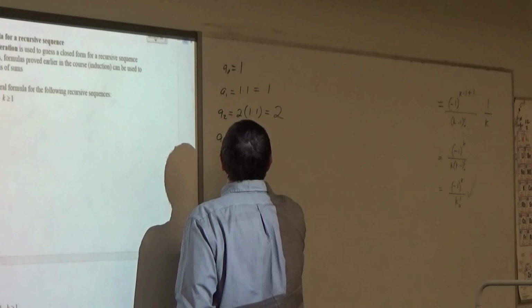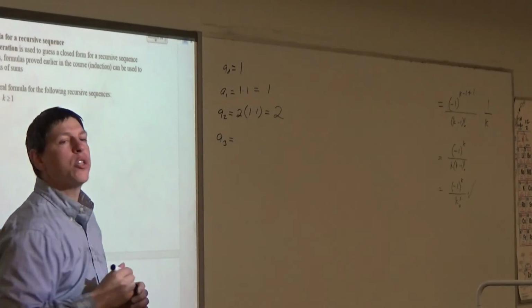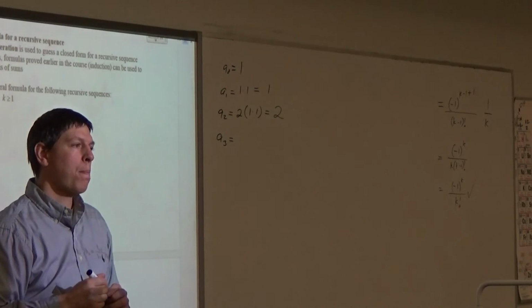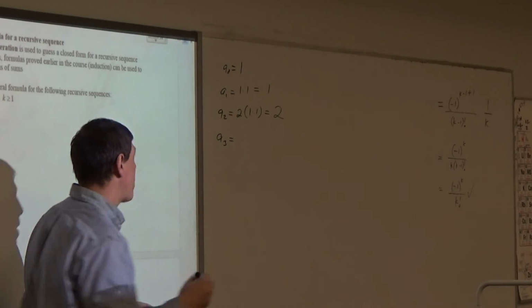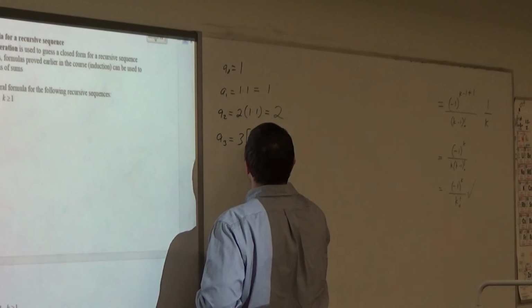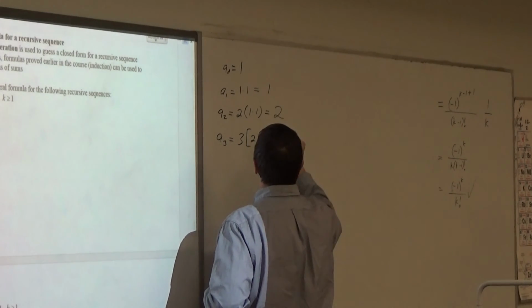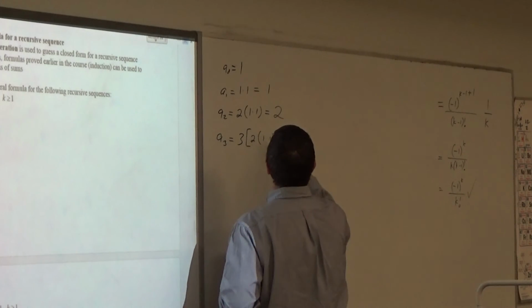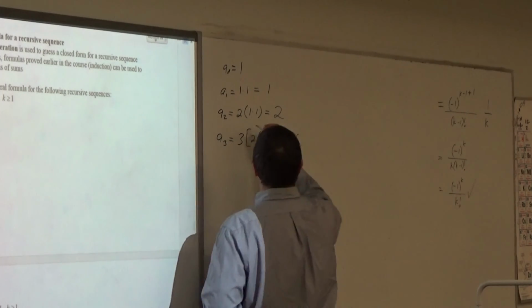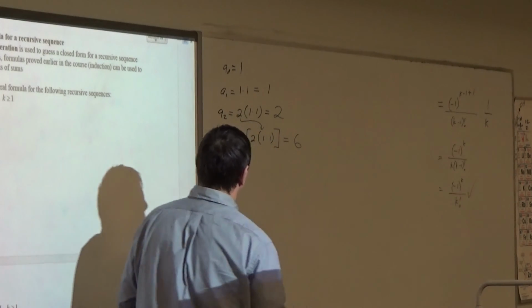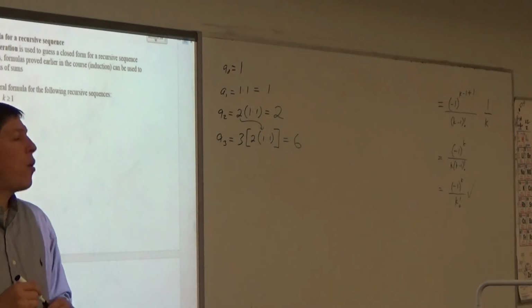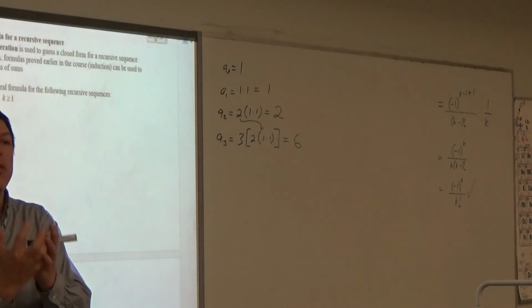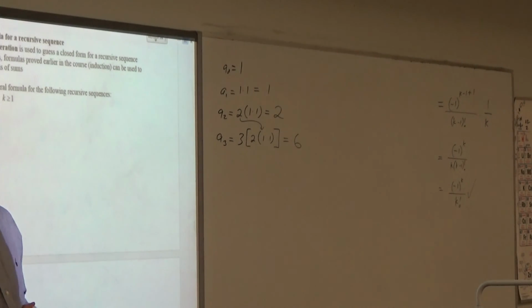Okay? A sub 3. A sub 3 is going to be what, guys? 3 times 2 times 1 times 1, right guys? So all I'm doing is taking the previous iteration and sticking that back in. Does that make sense, guys? That's how a computer would do it, right? A computer doesn't remember the answer, it remembers the elongated form. So a computer doesn't necessarily do the computations each time until it gets to the end. That's why recursion is extremely expensive, because sometimes the computer doesn't